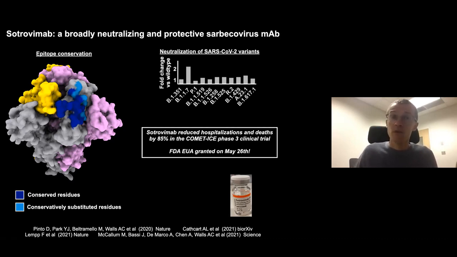So that was really, really exciting results for us, and I think it defines a paradigm shift of how to look for antibodies, as opposed to looking in an individual or individuals who have been infected by the pathogen of interest. Here, by starting with a SARS-CoV-1 infected individual, we ended up finding an antibody targeting a highly conserved site, as opposed to some of the epitopes that are very sensitive to variants.